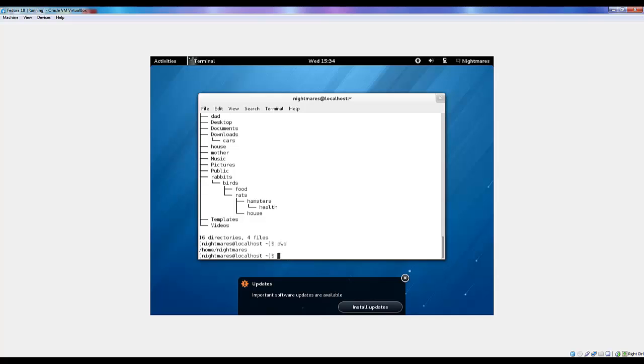Okay, so I could do this, cd. This is an absolute path, and remember, absolute path names will always begin with a / that represents the root directory. /home/nightmares/downloads. This is an absolute path name. Okay, let's go back into my home directory. And let me show you